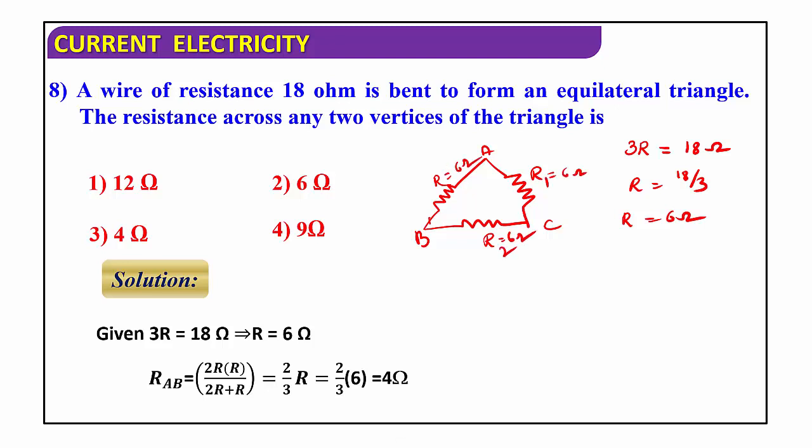Yes, so similar to the previous problem, you can observe from B to A, from A to C. Any two resistances you can consider, because each resistor is the same. Is that clear? So now this is connected in series. R plus R is how much? R plus R is equal to 2R. This is one combination which is connected in series.